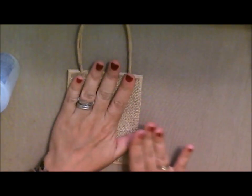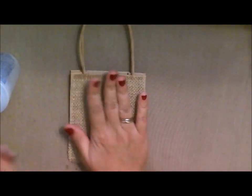Okay, so you'll see how quickly we can put this together. So now I'm putting this on here, and now you'll see that all you have to do is open up the bag like this, and you can stick a little card inside. Okay, so now the next thing we're going to do is work on making some of our